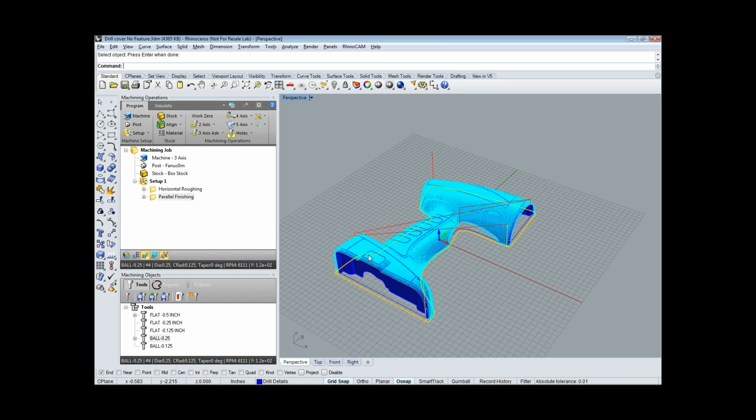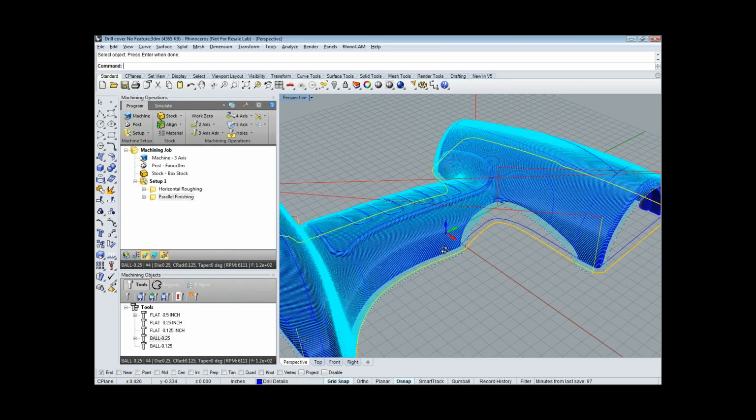Now any design changes that you make to the model, you can just go back and right click on these operations and select Regenerate to automatically update the toolpaths. We will now like to go ahead and run the verification, so we're going to switch to the Simulate tab. We will now select the parallel finishing operation we just programmed in here and click on the play button